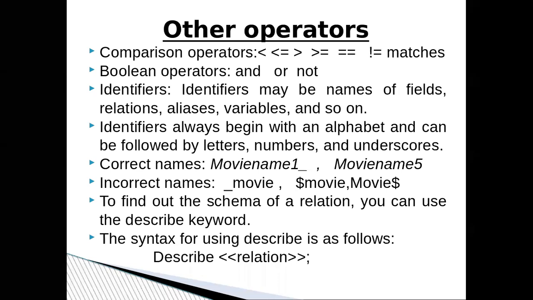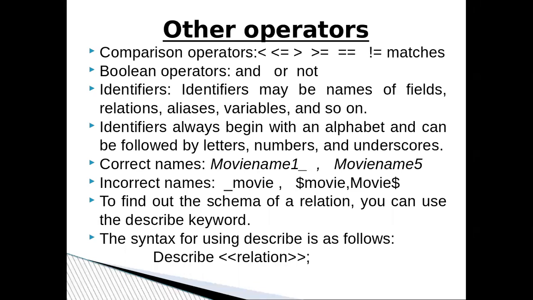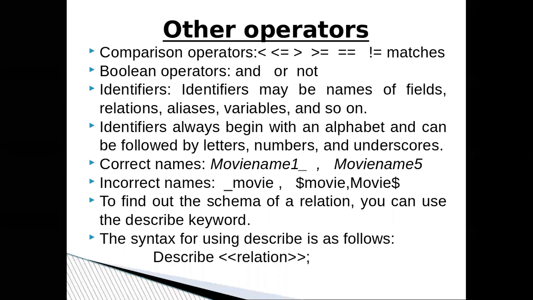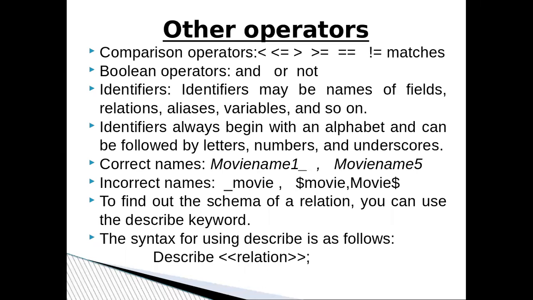So at all times you would be interested to find the schema of the relation, right? For that you can use the describe keyword. So just describe, then the relation name followed by a semicolon. Most of the statements in Pig Latin are terminated by a semicolon, just like in your C, C++ and Java environments. Some configuration options may end with a semicolon, or you may not put a semicolon there. They work without that also.